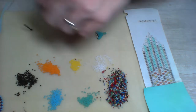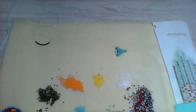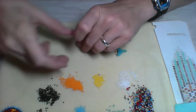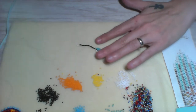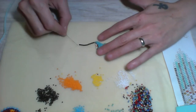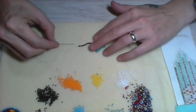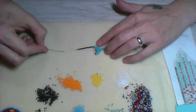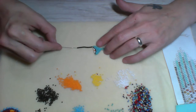Okay, and what I like to do, I hope we got a good enough view here, I like to take my fringe and kind of bring it down close to my earring, like that. Now this very bottom bead, disregard him. Just kind of push him aside. Ignore him. Act like he's not there. And then I will take my needle and just skip that last bead and go back into all those beads you strung. And sometimes you can get them all in one shot, but sometimes